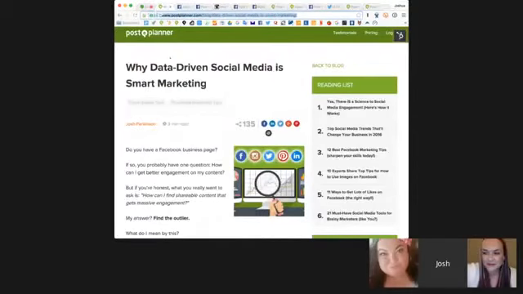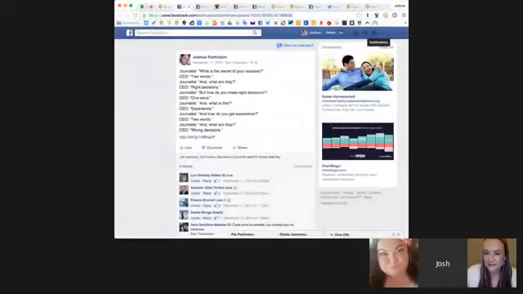We talked all about being data-driven in social media posting. We told the true story of a post that started on my personal profile. Here it is. I found it while reading an article one morning. I formatted it in a really digestible way and threw it up on my personal profile just because I thought it was cool, and it suddenly outperformed all of the other text-based statuses that I had done this year.